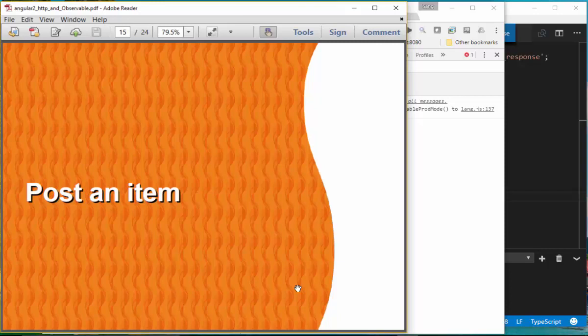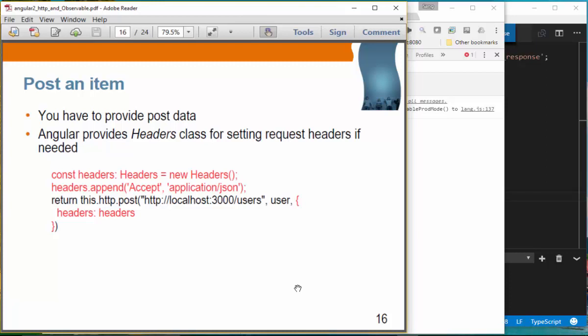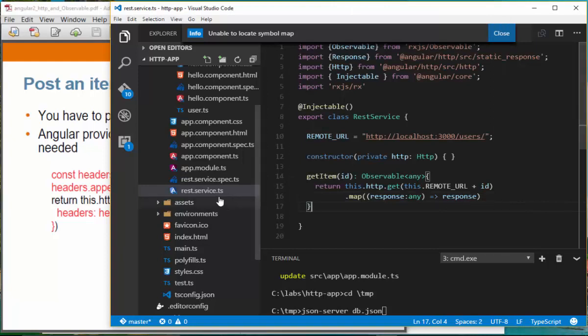Okay, so we have done getting an item. Now next we are going to post an item, meaning we are going to add a new user to the users list. Basically we are going to use the post method. Okay, so in the REST service,